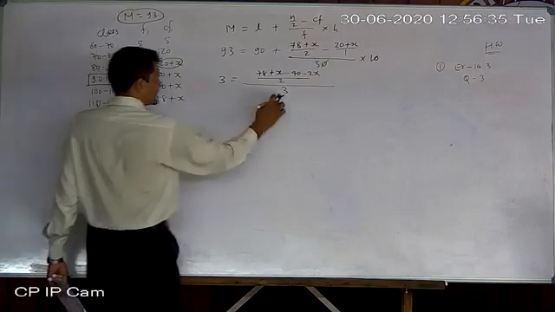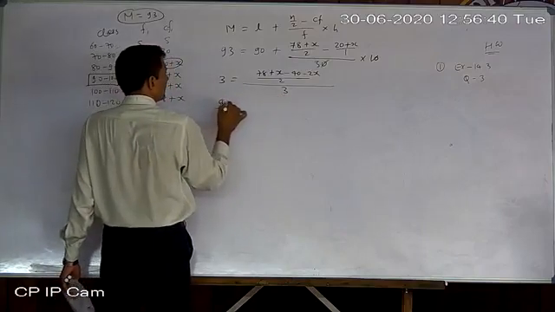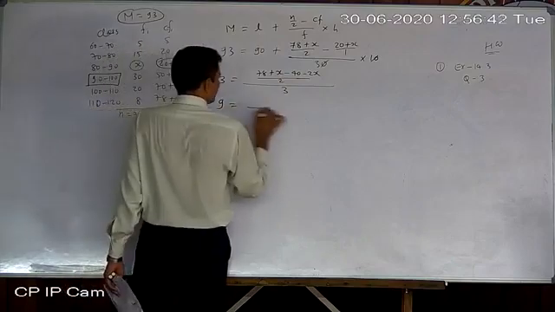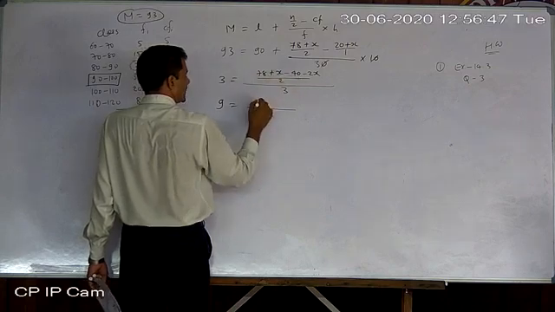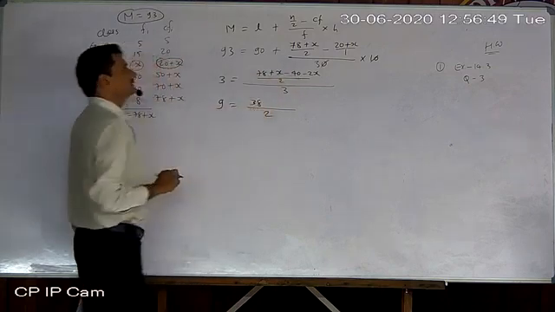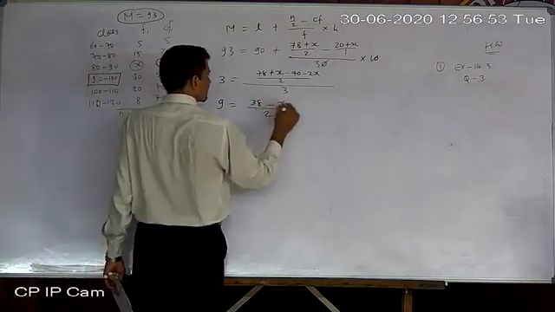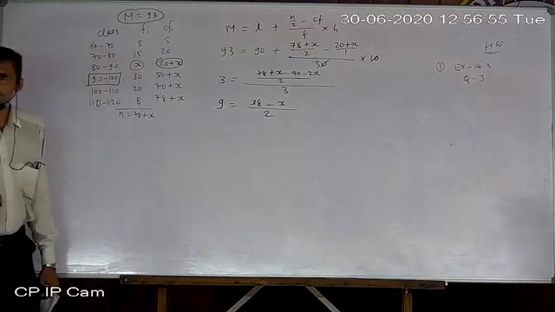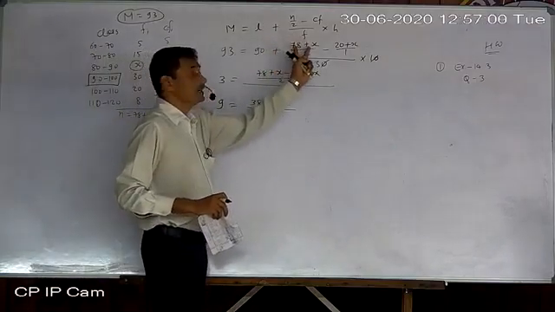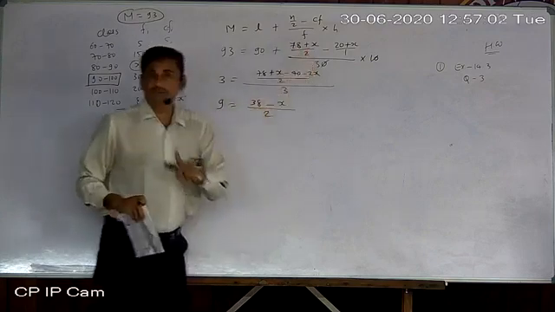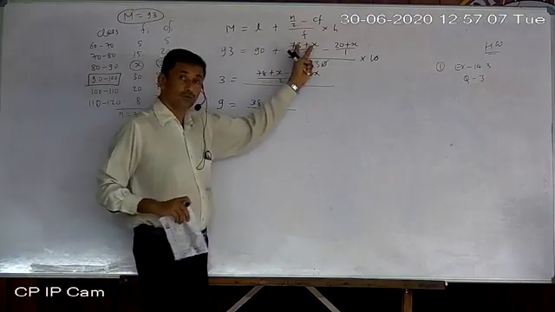Now you can shift this 3 to the left side, so it becomes 3 3s are 9. Now 2 is left here. Now just simplify. 78 minus 40, so 38. x minus 2x is minus x. Again, all values are placed, but n is unknown. Whenever one frequency is missing, n will not be given. So n will be this type of unknown only.